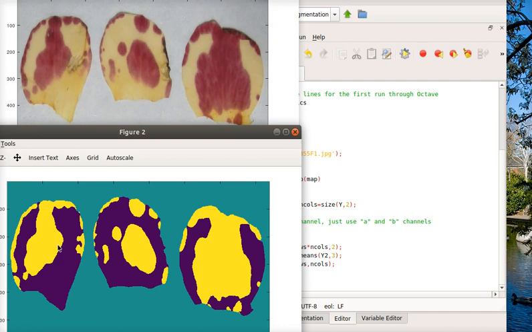So you can see that the clustering works really, really well. It looks like we got all the red taken out. And so this is a nice example of using k-means clustering to do image segmentation,